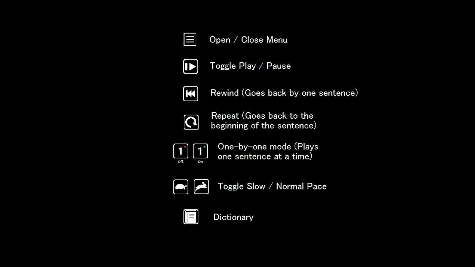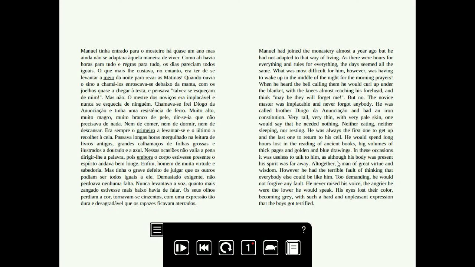Before resuming the audio, let's try something different. Let us explore other functions by reducing the playback speed and activating one-by-one mode. Now, when we resume playback by pressing a sentence further down the script,